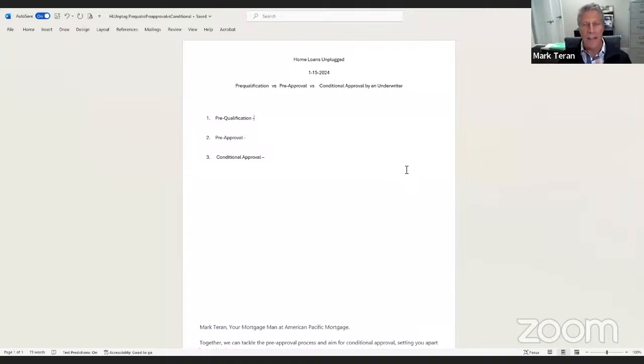The problem with that is that loan isn't truly vetted. You're putting yourself and everybody else in jeopardy in that transaction. And here's the big one for a consumer. Let's say you do that, it's a rush to get all your documentation in, because let's face it, today loans and deals are expected to close quickly, sometimes as quick as 15 days. You need to pay for your appraisal, you've got inspections to be done on the property. Truth is, you don't want to be dinking around with your home loan process, and you shouldn't be worried about that.